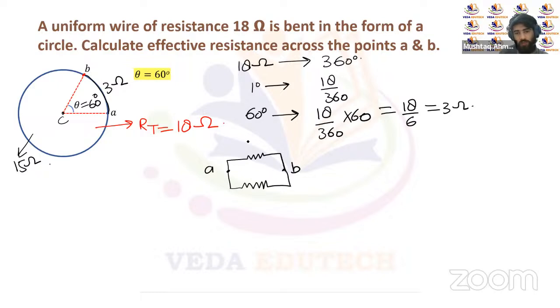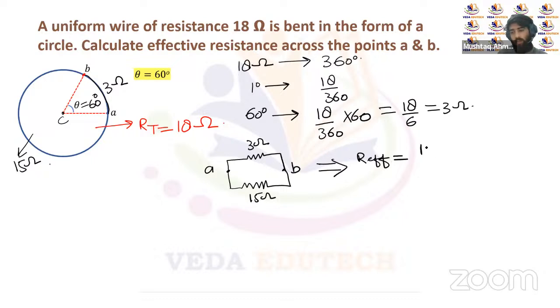15 ohms like this. So this is a 3 ohm resistor and this is a 15 ohm resistor, right? And we have to calculate the effective resistance between these 2 points. You can see that now the 3 ohm resistor and the 15 ohm resistor are in parallel to each other. So it's a parallel combination of the resistances. The effective resistance, R effective, will be